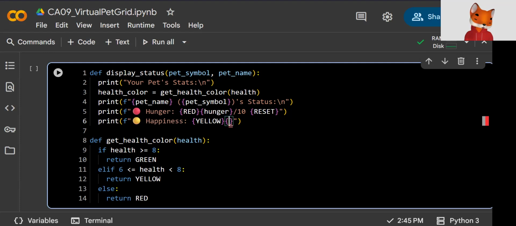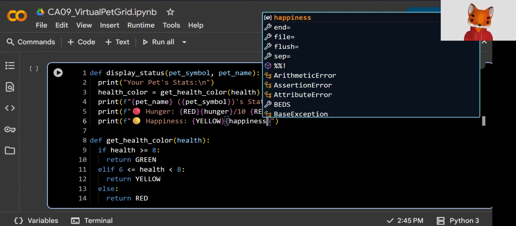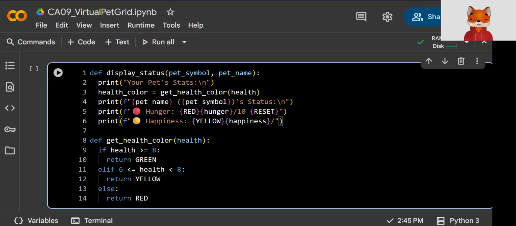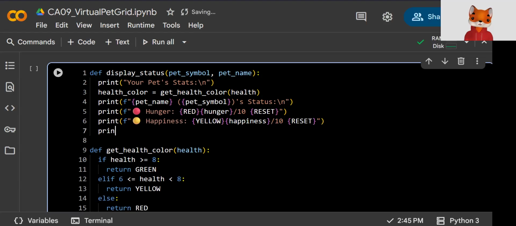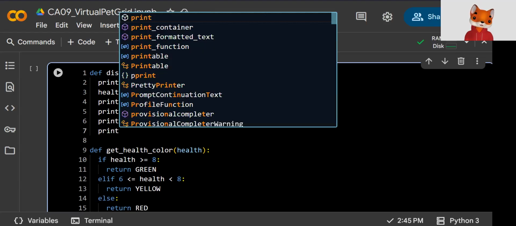And then we're going to have happiness as the variable. And then we're going to say out of 10. And then we're going to reset the color. And the very last one we're going to do,